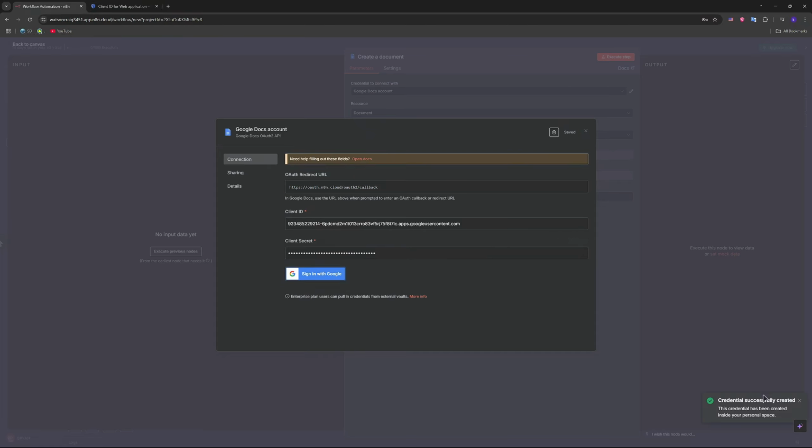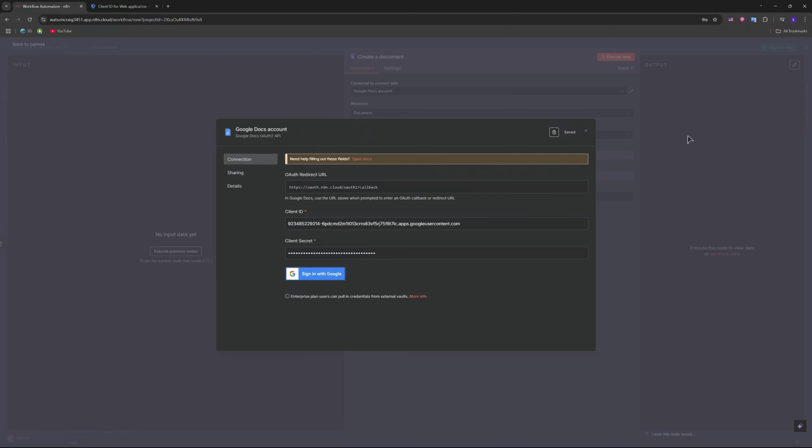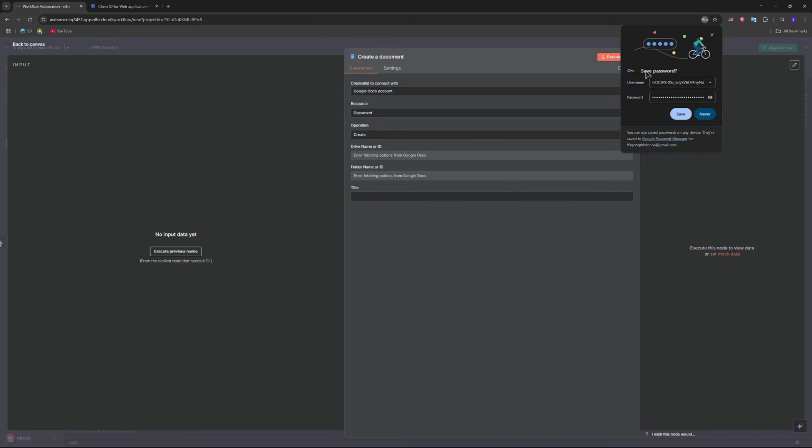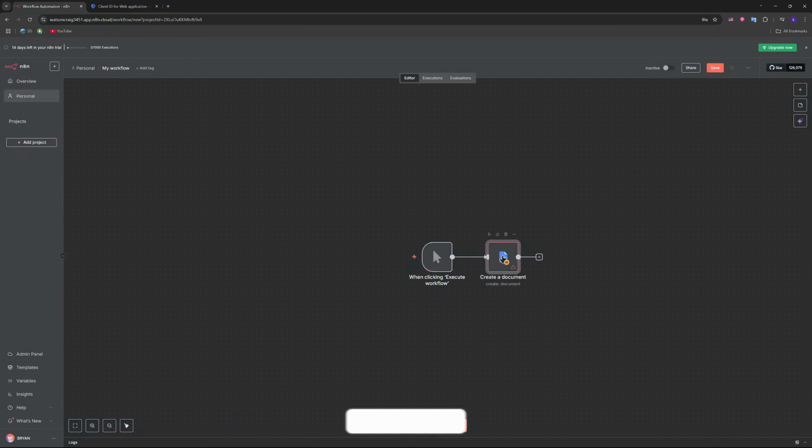So as you can see, credential is successfully created. Now you should get a notification message that you've added your account from Google, and now you will be able to manage your Google Docs easily and automate actions in here in n8n. So you can just close this down. So close. Close that. And as you can see now, our create document action is